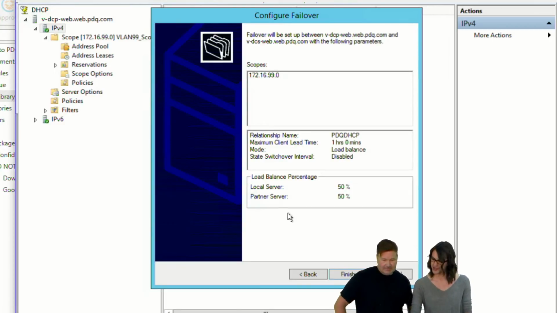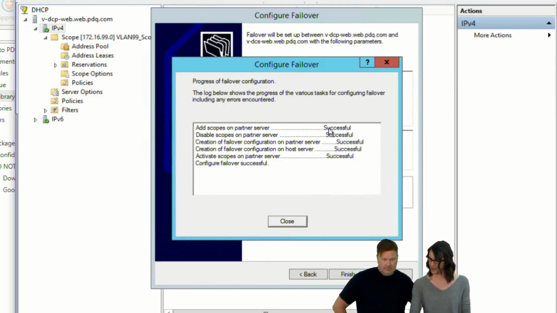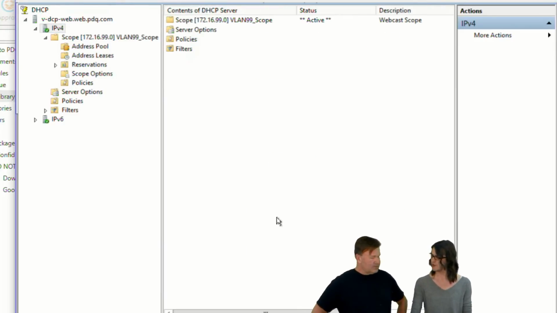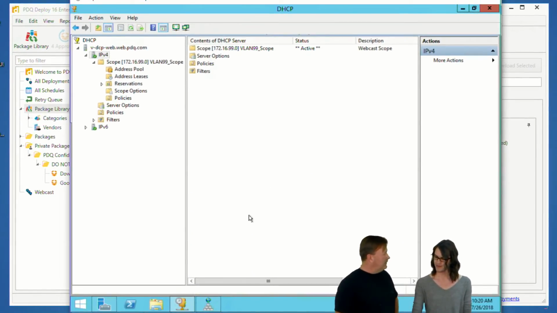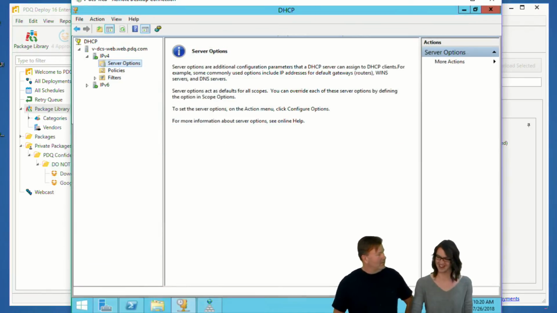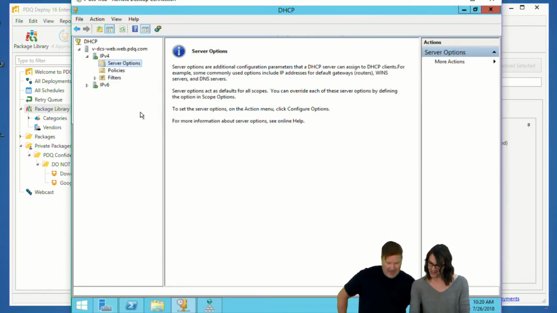So once you have all that set up, it's just going to give you the summary of the changes you're making. You can go ahead and hit finish, and it'll give you your summary of these things. It managed to do them successfully. Yay, which is awesome. That's all we do here. I don't know if you noticed that was redundant, how many successfuls we saw. I agree. And then if we go over to here,